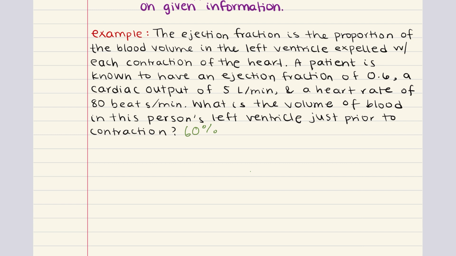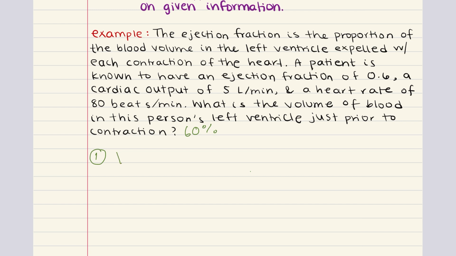Now, to determine the total volume in the ventricle before contraction, we need to follow a couple of steps. In the first step, we want to calculate the volume of blood ejected per heartbeat. We're given that the cardiac output is 5 liters per minute, and that the heart rate is 80 beats per minute. To find the blood ejected per beat, we're just going to divide the cardiac output by